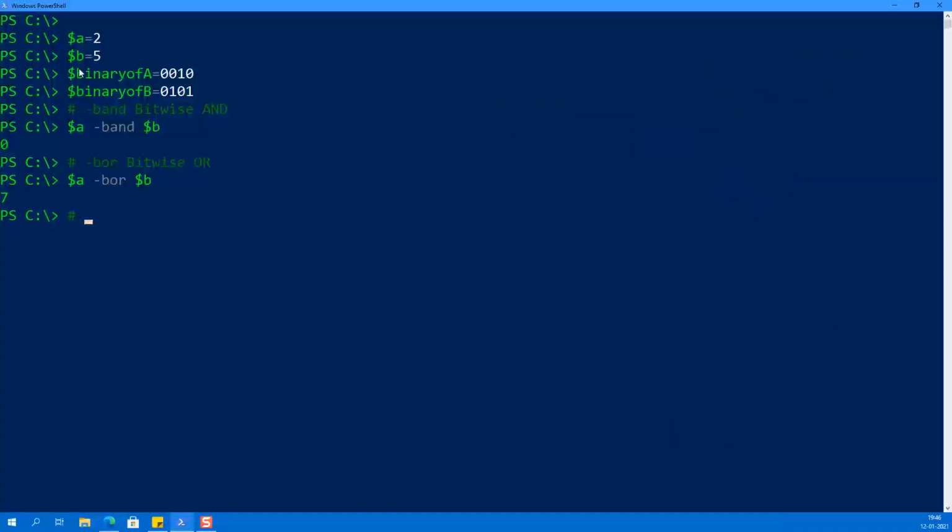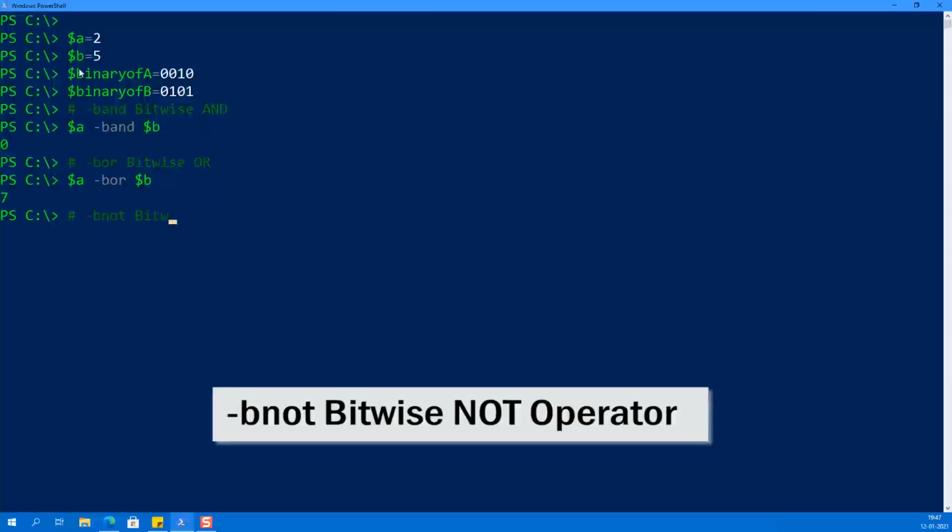Our third arithmetic logical operator is -bnot, which is also called the bitwise NOT operator. It is also called a complement operator, and it is a type of unary operator. The example goes like this: -bnot $b. It will change every bit from 0 to 1 and 1 to 0.